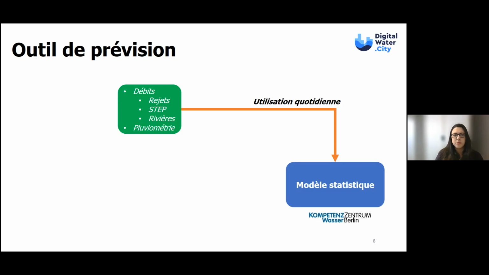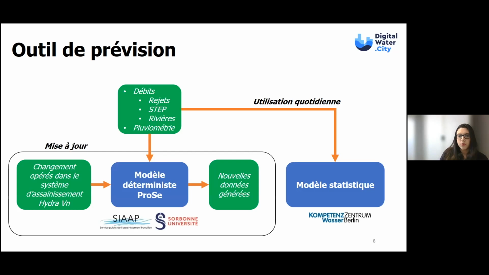Now, the problem we have with that is that a lot of changes will take place in the Paris sanitation system: the infection of a wastewater treatment plant, correction of some poor connection, correction of several storage works. So changes that will factually impact the quality of water, but in the right direction, that is to improve the quality. And the problem there, the statistical model, is it learns from the data we feed it. But those data, we don't have them.